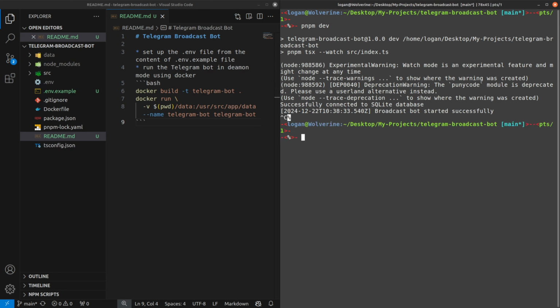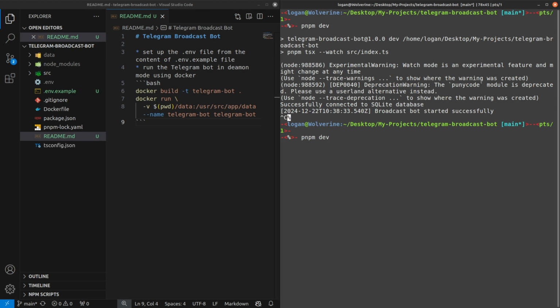In case you don't have the dependencies installed, you need to run npm install. It will install all the dependencies, and then you need to run the npm run dev command,